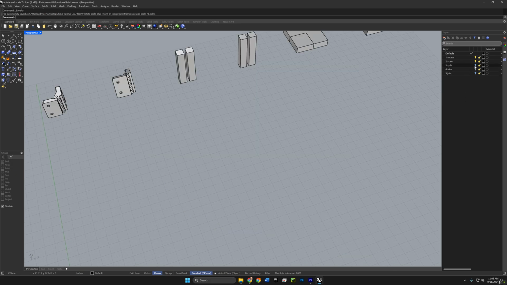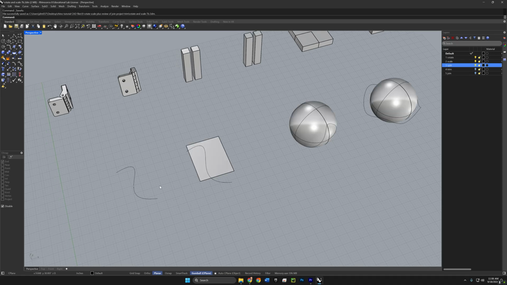Now let's turn on the split layer, and we'll look at a couple of simple examples first. So if we want to split this curve on the left with the point, we could select the curve as the object to split and push enter, and then the cutting object can be this point, and we're left then with two curved segments. Or we could split this surface with the curve because they're lying on the same plane,